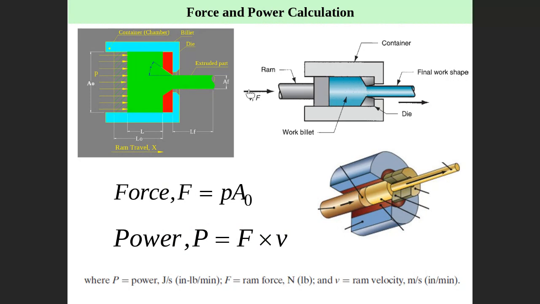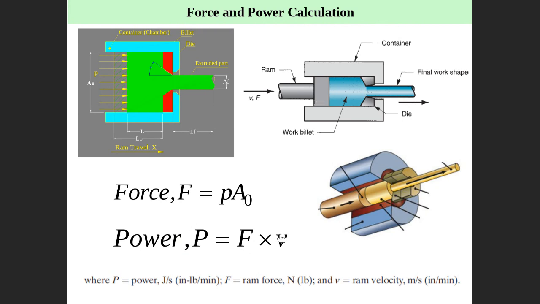Pressure is applied all the time to the workpiece here, which is where you are extruding, not here. There is no pressure here. I see some students say pressure multiplied by AF. No, there is no pressure on AF, pressure is on AO, right? You understand me? So the force equals pressure multiplied by AO, and the power definitely equals force